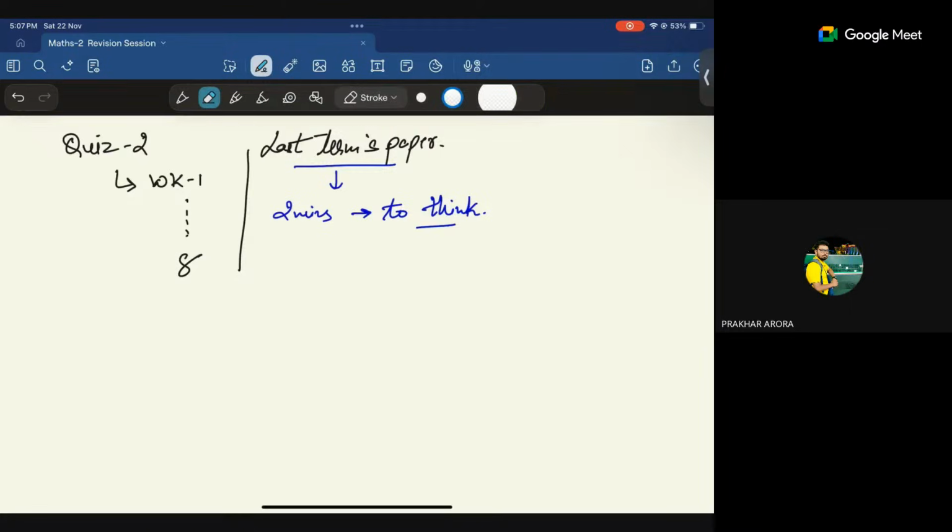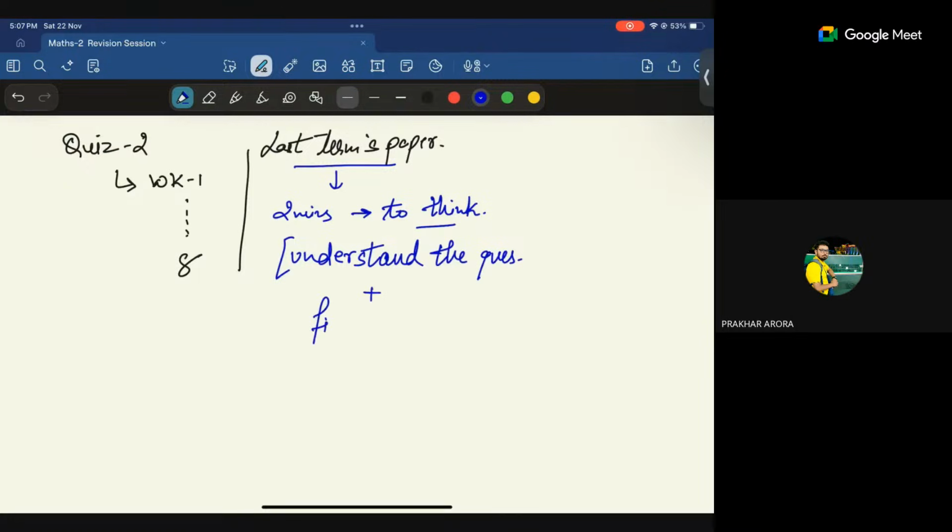First, to understand the question, and then to find the approach. Once you are through this, I'm pretty sure that you will be able to solve the question as well. So this is what I expect you to do in the paper solving section. And yes, somebody asked for the theoretical concepts. Yes, I will be going through the theoretical concepts also in this first section of the session here.